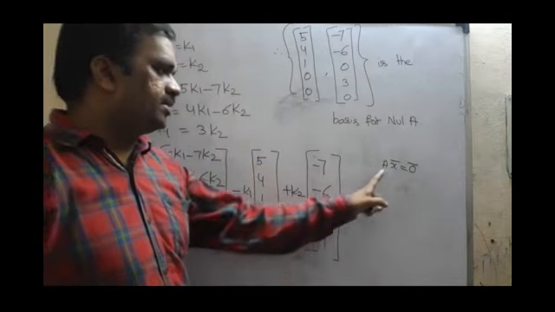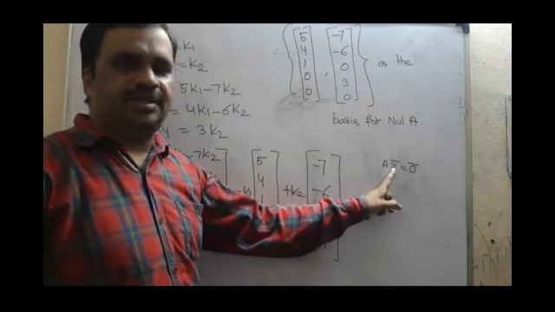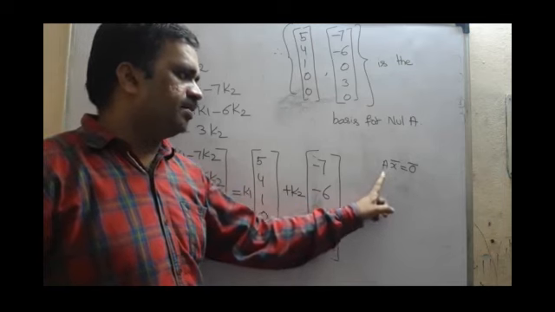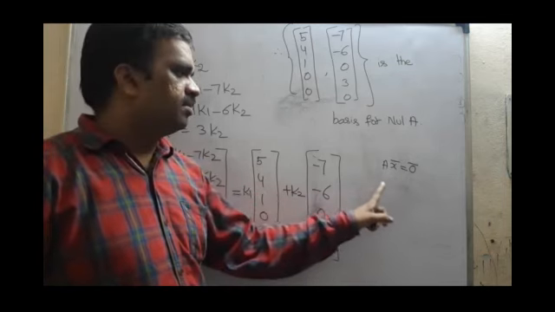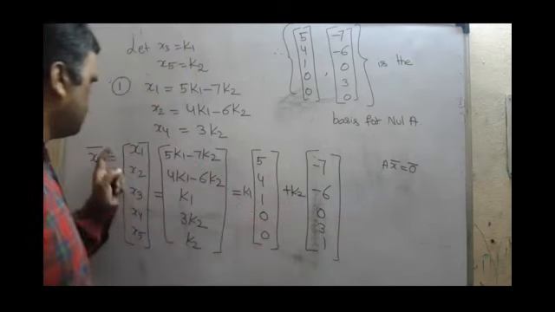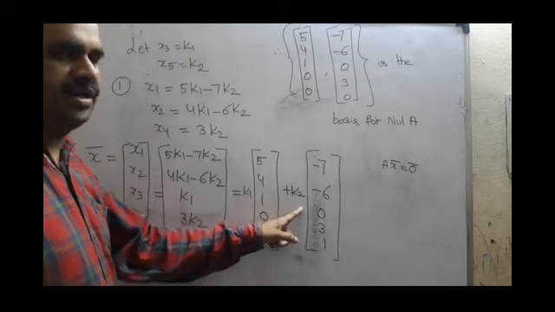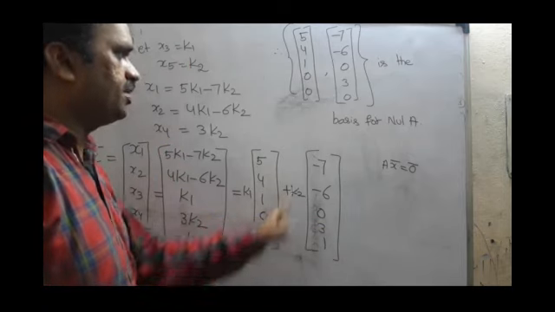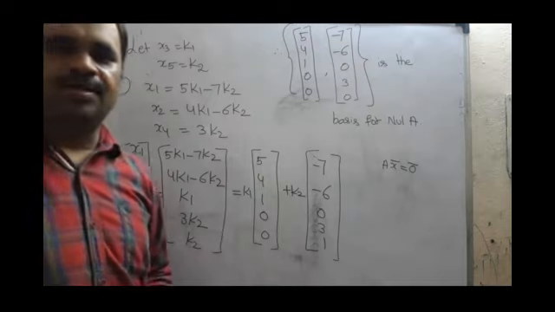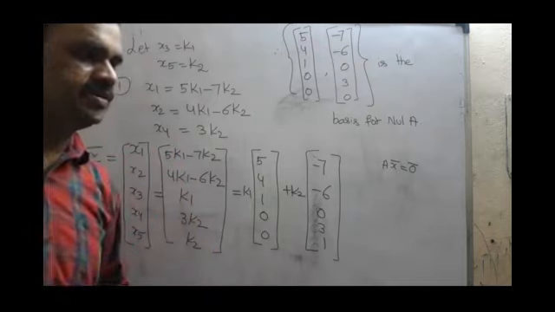We have to get this x bar variable values, x1, x2, x3, x4, x5, we have to find it. For this we consider augmented matrix A 0 bar. We solved with the help of echelon form. Then we got x1, x2, x3, x4, x5 values in terms of k1 and k2. Nothing but we are getting two vectors which form a basis for null A. That's all. Copy it.